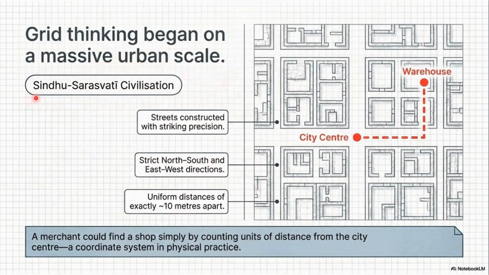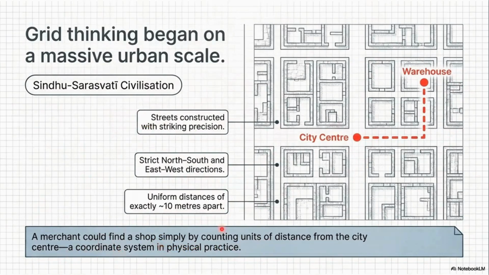How? In the Sindhu Saraswati civilization, they assumed the city center as the origin. Okay, and the streets were constructed with striking precision, in strict north-south and east-west directions. Here you can see north-south and east-west directions, right? Uniform distances of approximately 10 meters apart. So a merchant could find a shop simply by counting units of distance from the city center, a coordinate